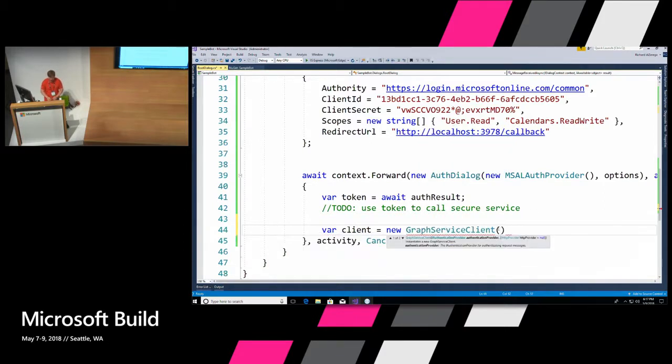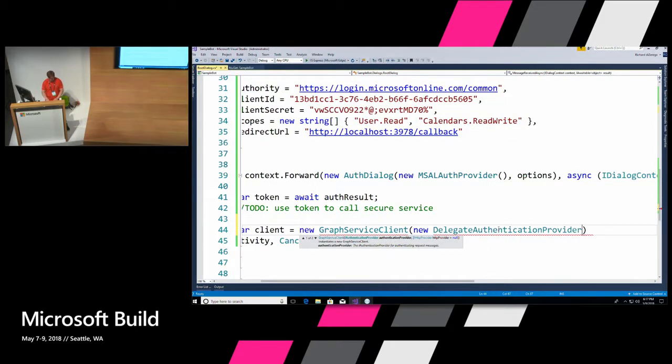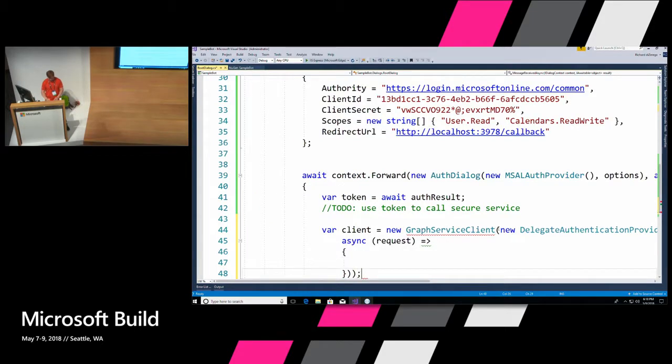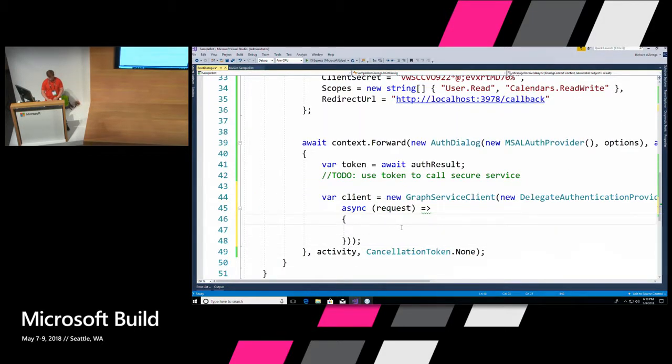And inside of this, what I'm going to pass is what's called a delegate authentication provider, which is essentially going to say, use this to set that token in the header of every request that we make using that graph client. So we'll do a delegate authentication provider, and that is going to take an anonymous function in our case. So we'll just do an async. It's essentially going to allow us to tack on things to our request. So there's our real simple little request. And what we want to do on this is say